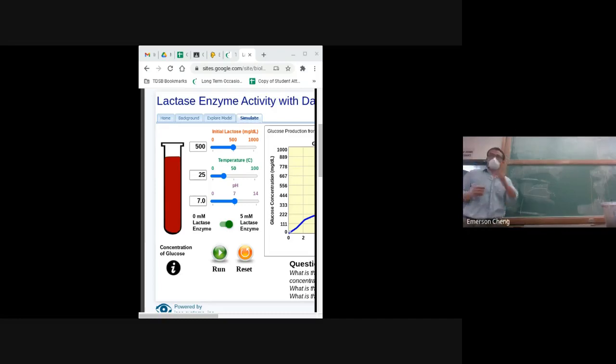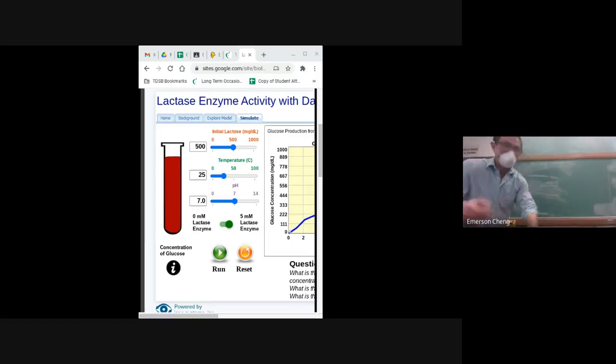Yes, there's no glucose being produced. Why would that be the case? It's too cold, or what happens if it's extreme temperatures? So if it is too hot, if the temperature is extreme temperature. So at this point,